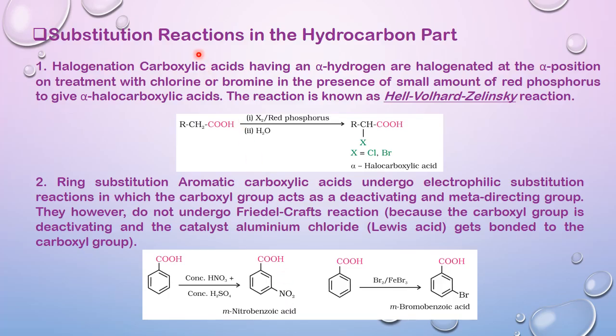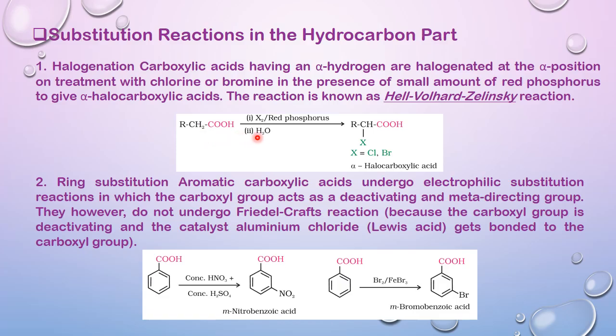Next is substitution reactions in the hydrocarbon part of the carboxylic acid. Right, the complete chemical reactions of carboxylic acid is divided into 4 parts. First, on the basis of the cleavage of the functional group, and next the substitutions of the hydrocarbons present in the carboxylic acids. Let's see how is it possible. First of all, we are ready to undergo the halogenation of carboxylic acid, where it is necessary to have alpha hydrogen,